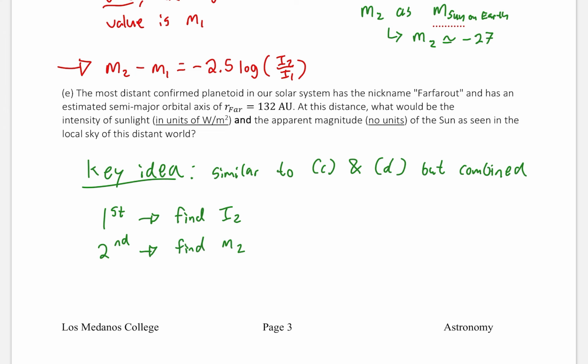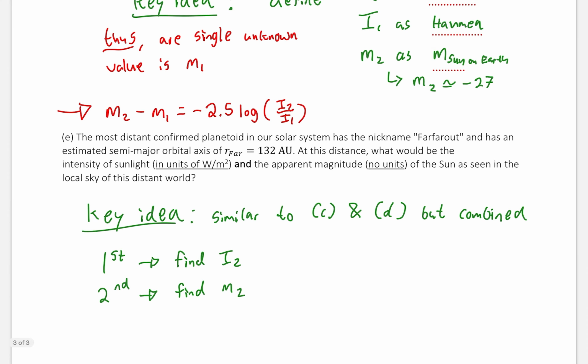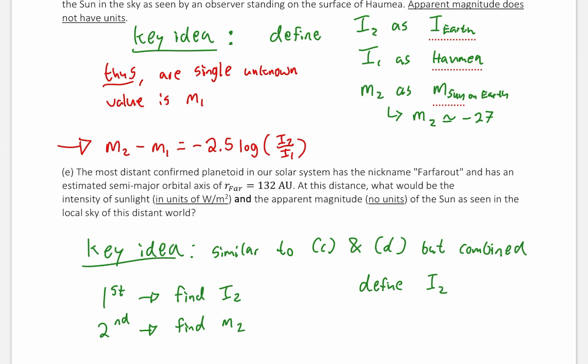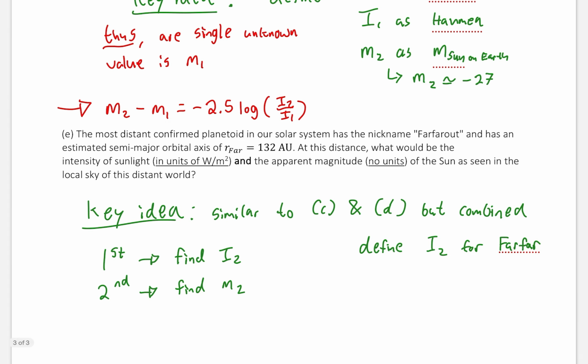Okay, well, what does the 2 refer to? Well, just as before, you want to think about what matches up with what. So you're going to define, no surprise here, I2 for far far out, but let's call it far far, and then we're going to define